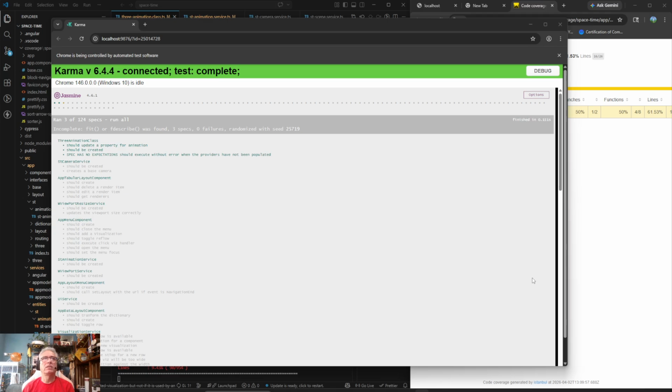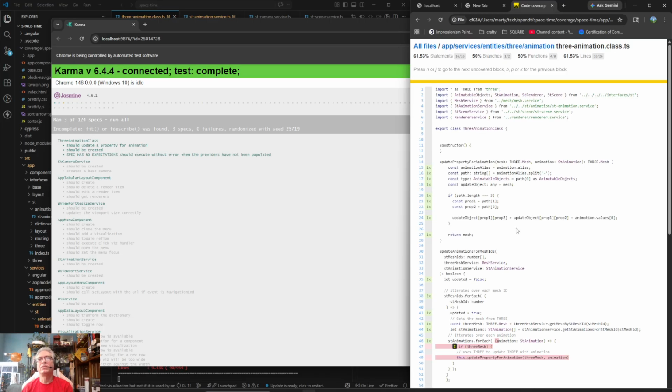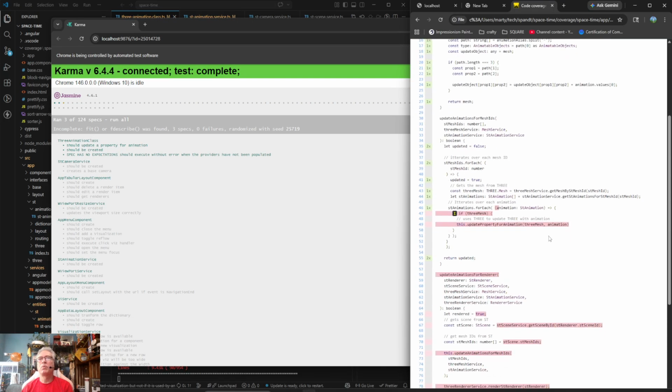It's just amazing time. But we're working on this, and if you remember yesterday, this was all red. I think branches might have been 50% yesterday, but we have 10 statements that are currently uncovered. So let's click in here and see what they are. So we have this branch. So we call this, and